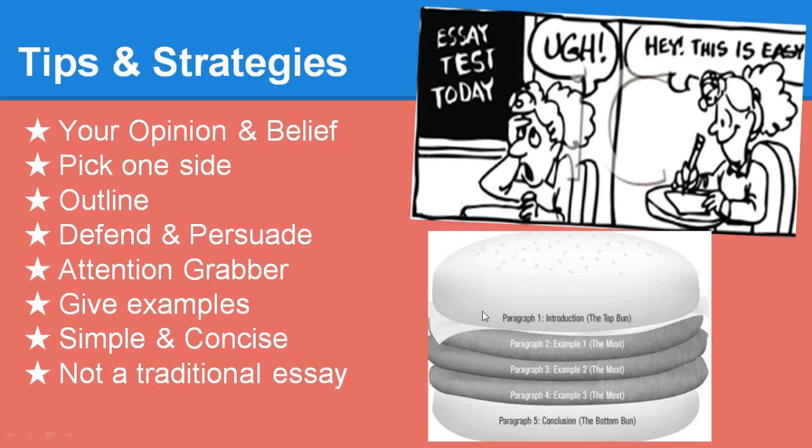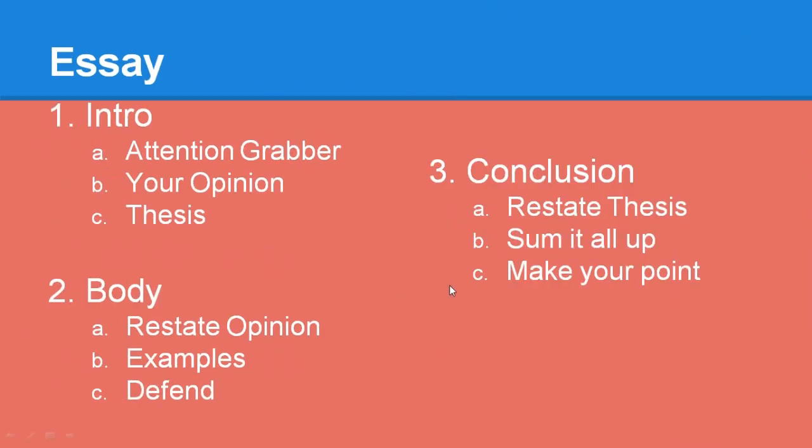And once again, it's like a normal essay where you have an introduction paragraph, then your examples, and then your conclusion. It doesn't necessarily have to be 5 paragraphs. I would usually stick to either 3 paragraphs or 4 paragraphs. In the introduction paragraph, I would start out with an attention grabber, something that relates to your topic but might be an interesting fact or something astonishing. Then I would state my opinion on the subject, and then the thesis. The thesis should solidify what your opinion is, and how further in the essay you're going to provide certain examples to defend that opinion.